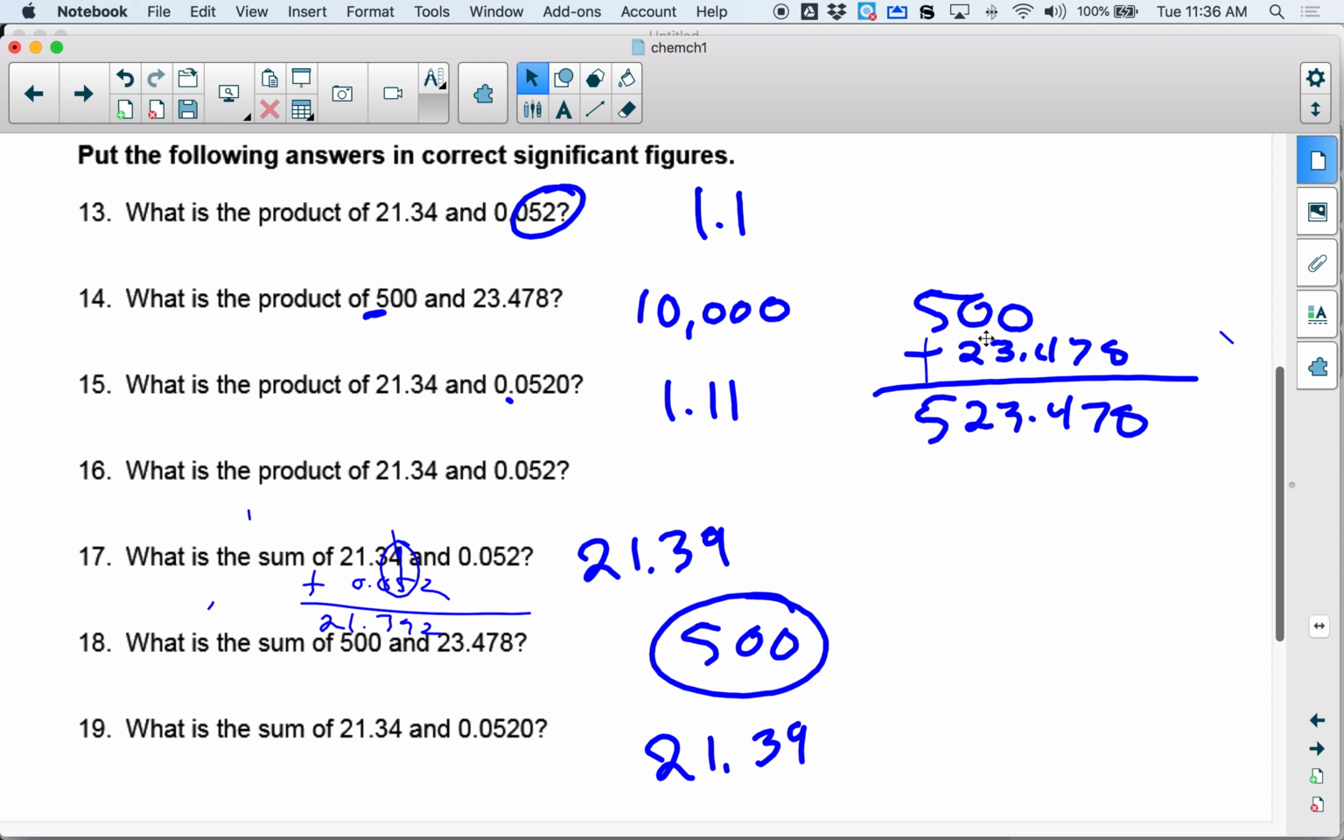So remember, on addition and subtraction, what you want to do is write the thing down, old school, right on top of each other so the decimal places line up. I kind of show that here, but I'll redo it over here. So we would write 21.34 plus 0.052. And then you would add it. So we get